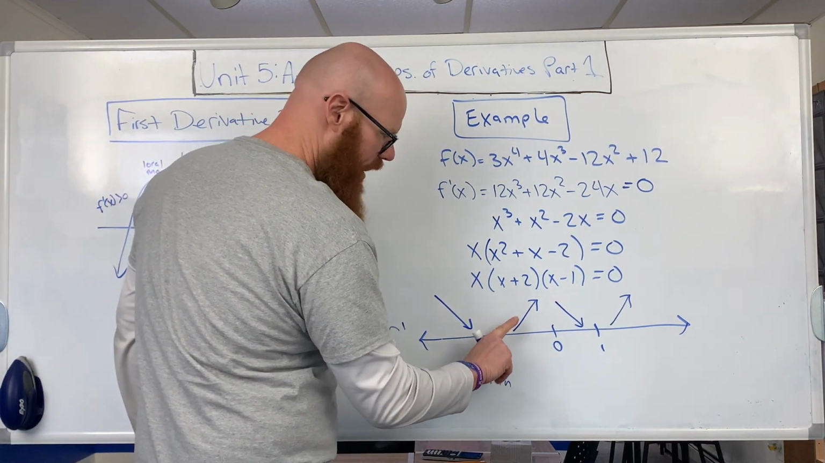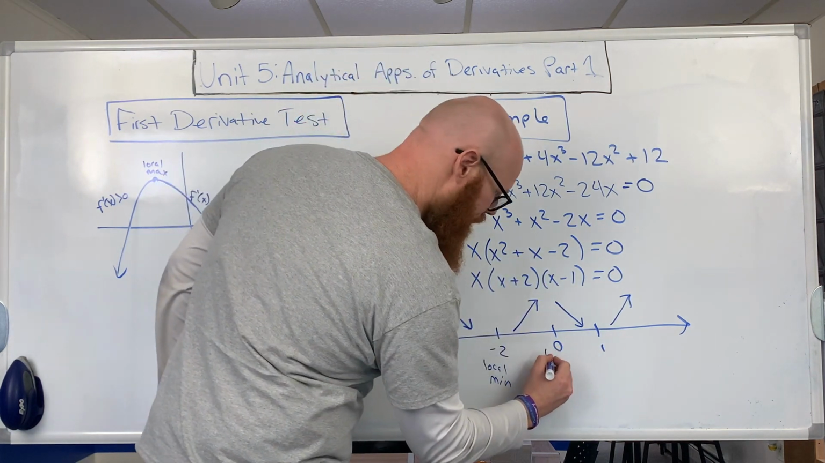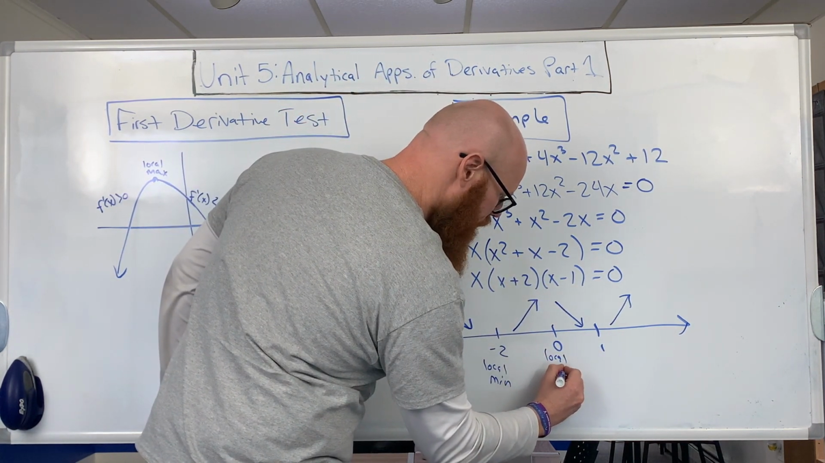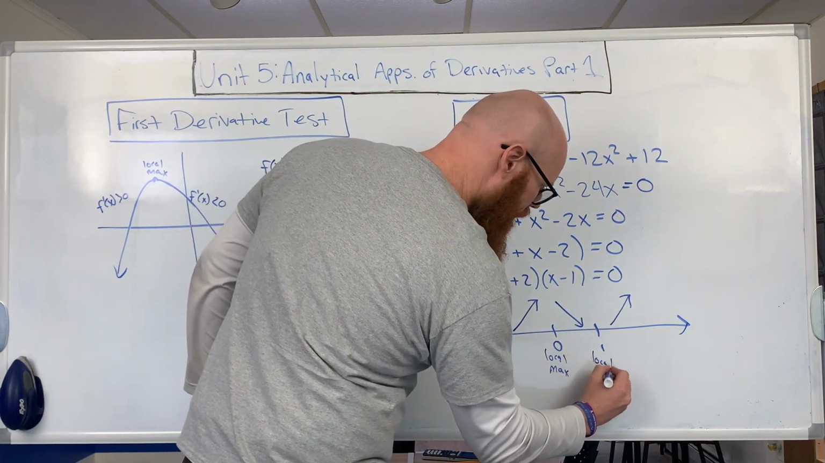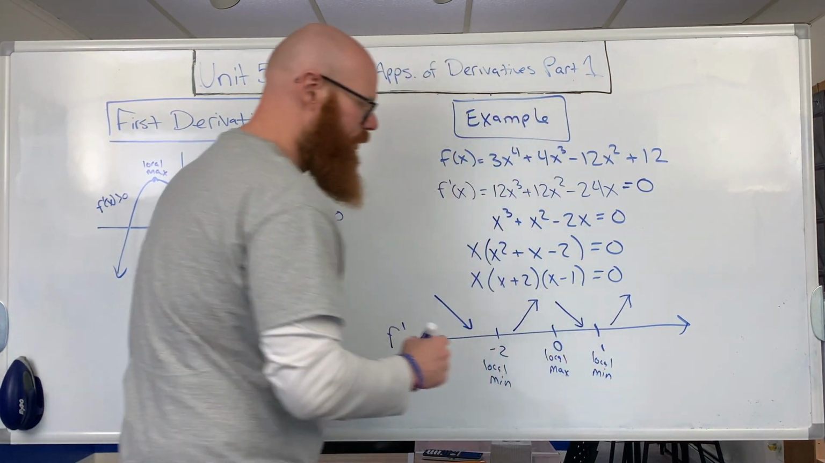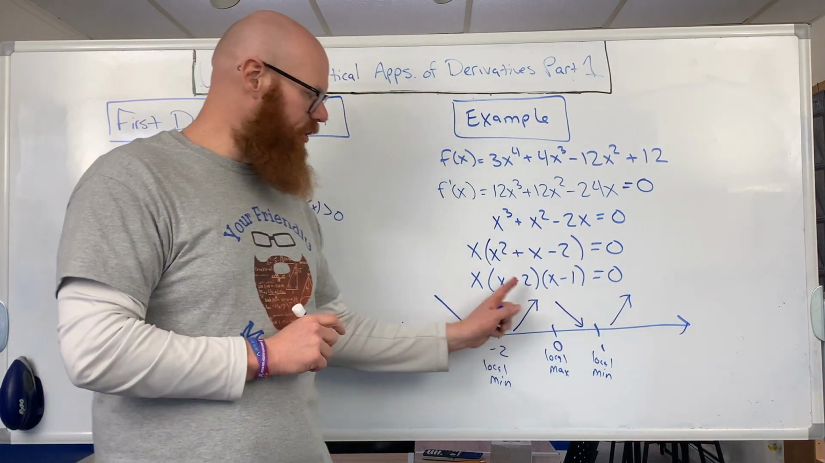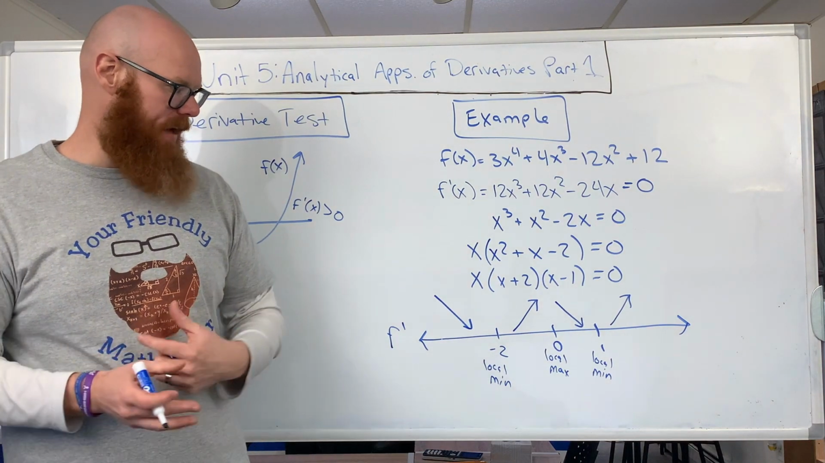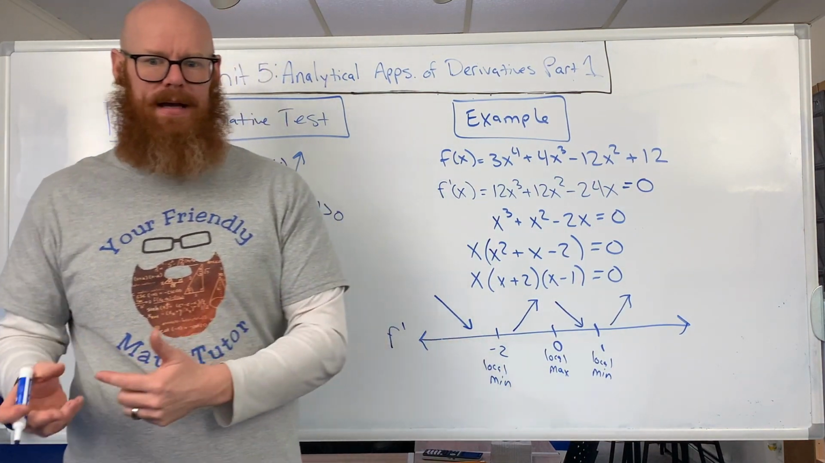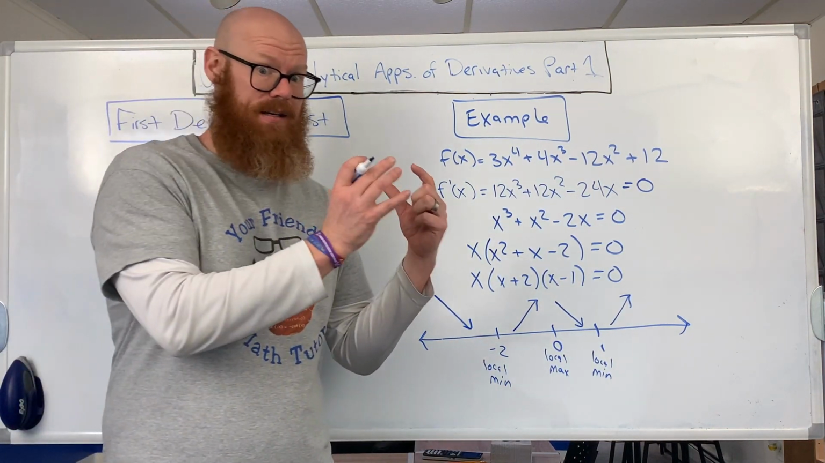0, again, I can visualize it going up, then down, so I think of this as a local max. And then here, going down, then up, that's a local min again. It is possible to get either decreasing, decreasing, or increasing, increasing. And if that happens, then it's neither. It's not a local min or max. So not all critical numbers are local mins and maxes, but all local mins and maxes definitely come from